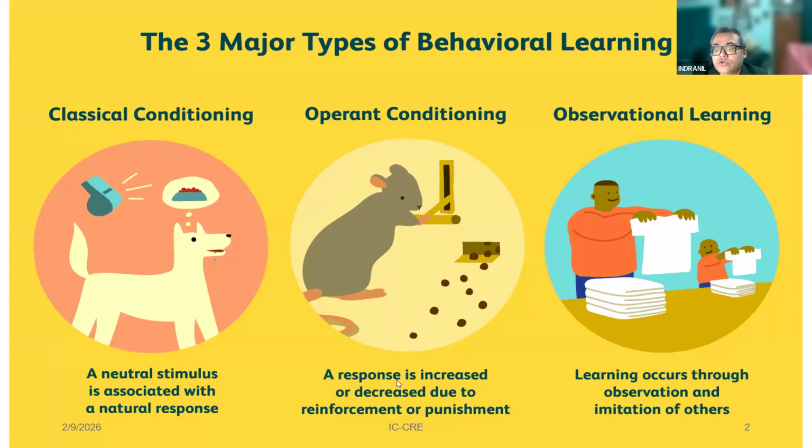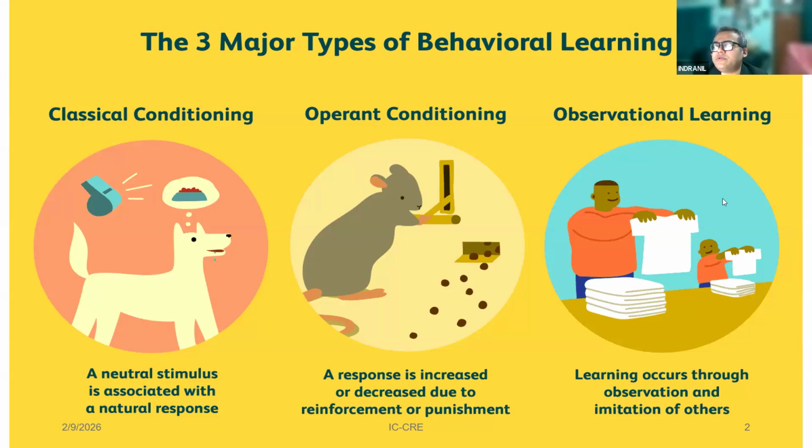Next is the Skinnerian approach of operant learning. That is basically a response is increased or decreased due to reinforcement or punishment. So it is basically the reinforcement system. There are a lot of contingent reinforcements or reinforcement schedules, and a lot of trial and error is also there. There are a lot of pedagogies with reference to operant learning when providing therapy to hearing impaired children or children with auditory processing disorders, dyslexias,